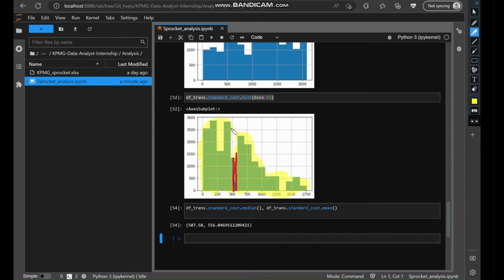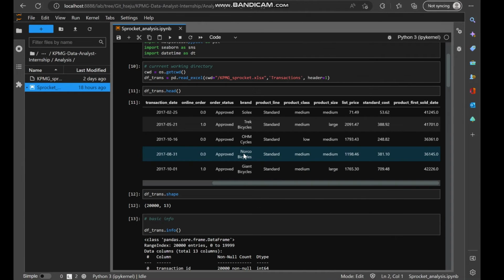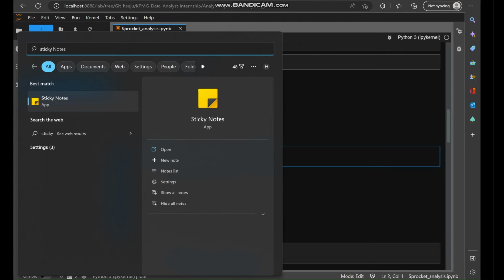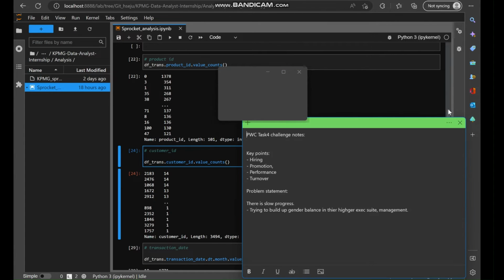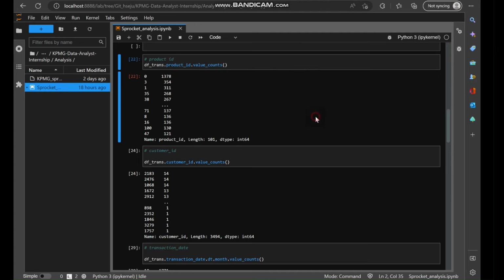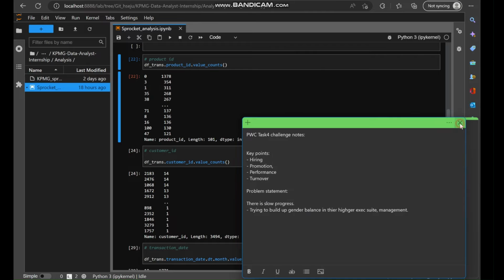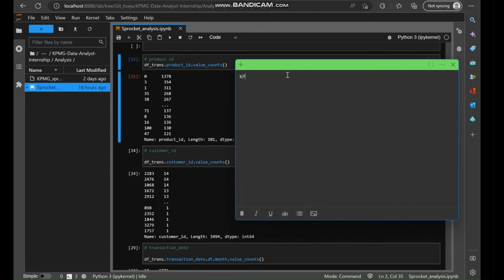Okay, so what we are going to do is create a sticky note, or we'll just note down these points somewhere, so that we are sure. Sorry, okay, I'm just going to create a new one and close this one. Let's give the title Task 1 notes. So here I would say the first one is there are missing values,